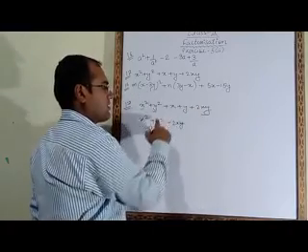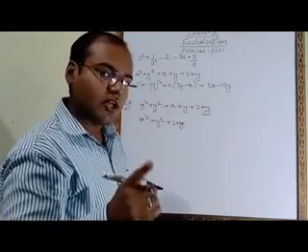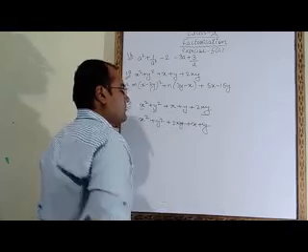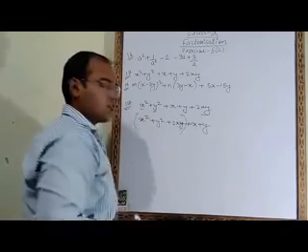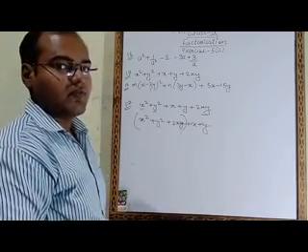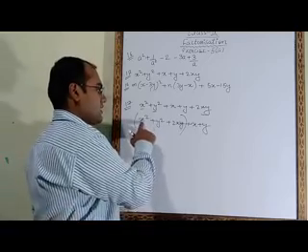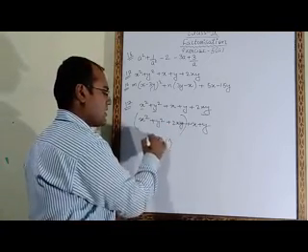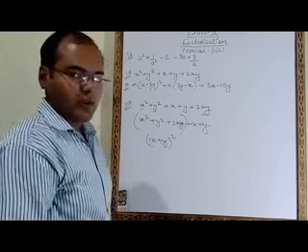This plus 2xy we have to write in the third position without changing the sign. Now these two terms also we will write here. Now these three terms we will take together, because these three are making one formula. The formula is x square plus y square plus 2xy. This is the formula of x plus y whole square.